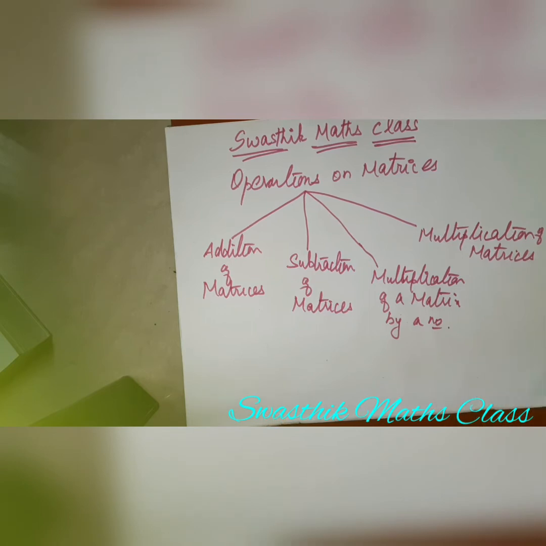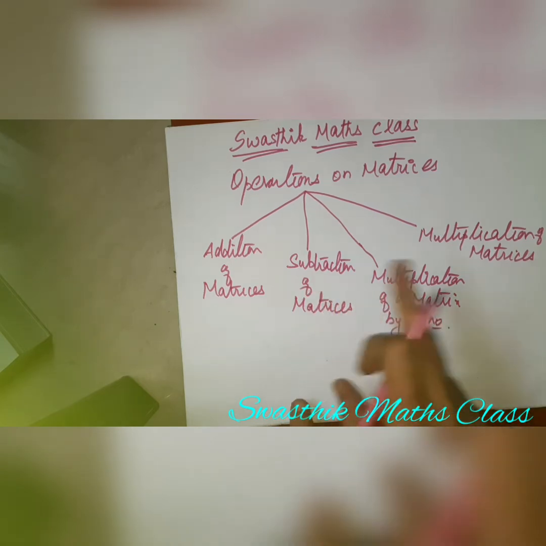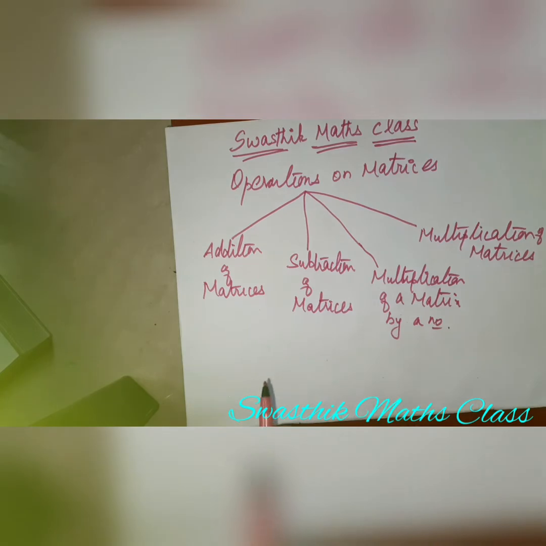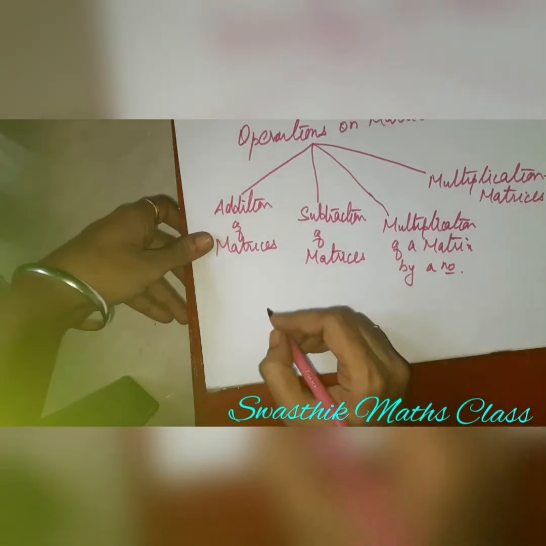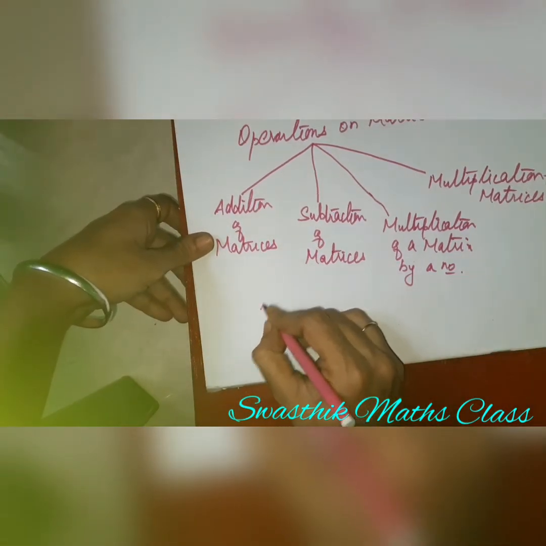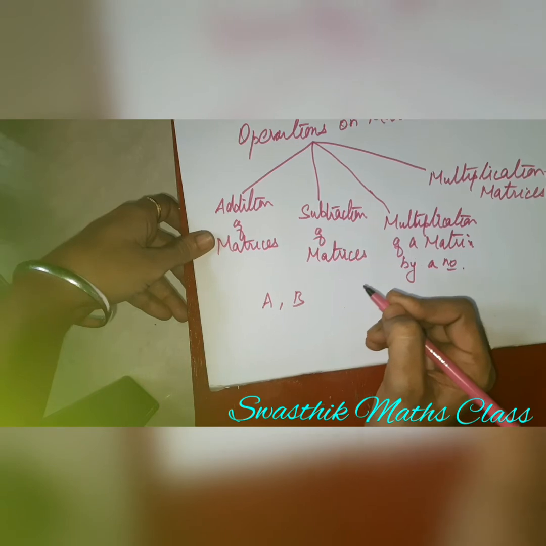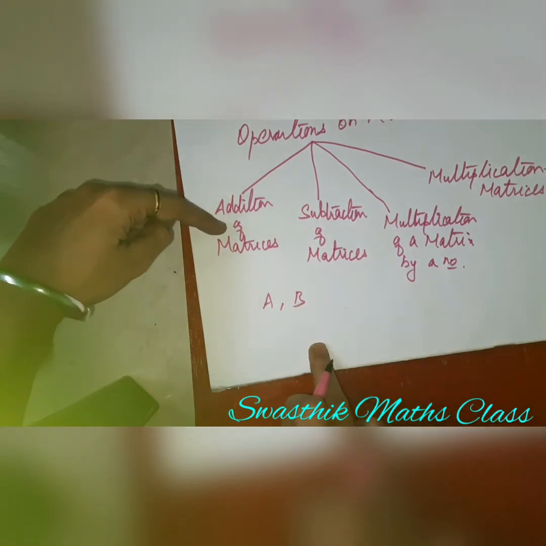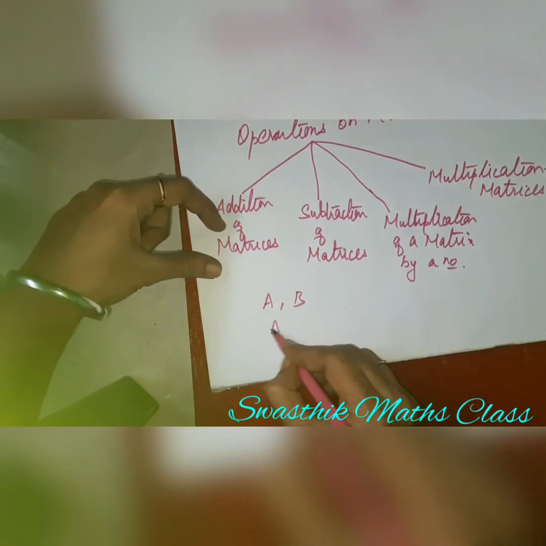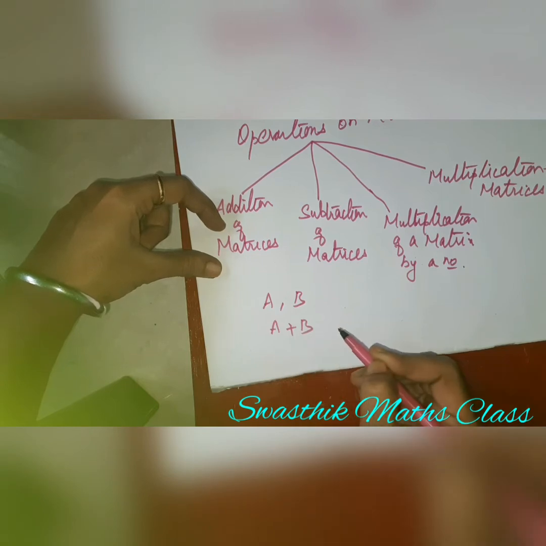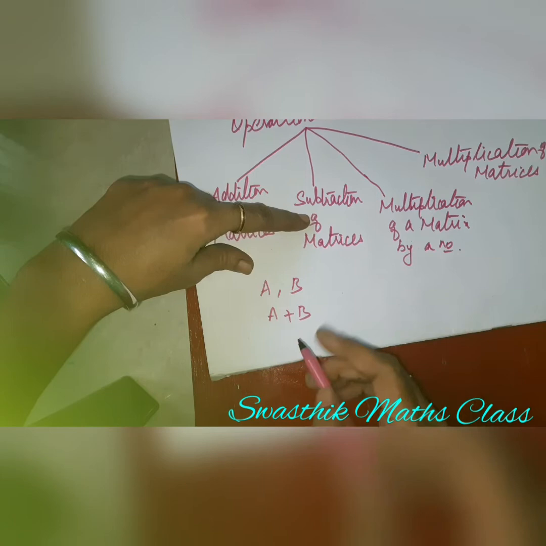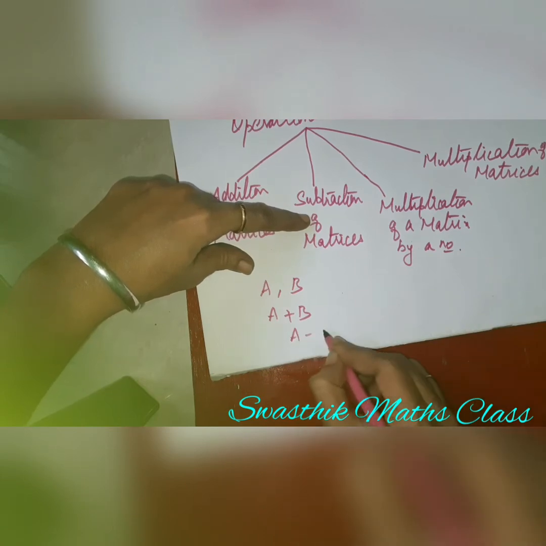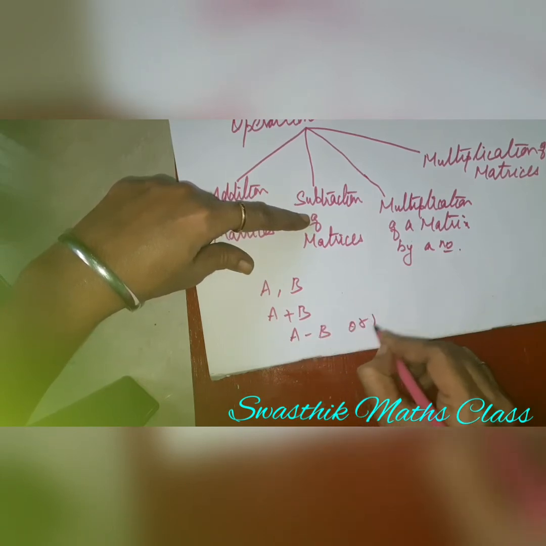Okay. We may ask a question, what is the use of these operations? Well, in order to make new matrices from the given ones, we can use these operations. For example, if we are given two matrices A and B, then with the use of addition of matrices, we can form a new matrix as A plus B, right? Similarly, with the use of the subtraction of the matrices, we can produce two new matrices as A minus B